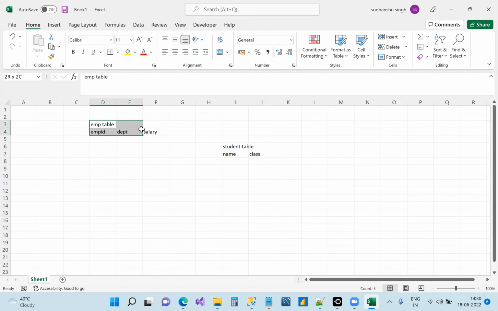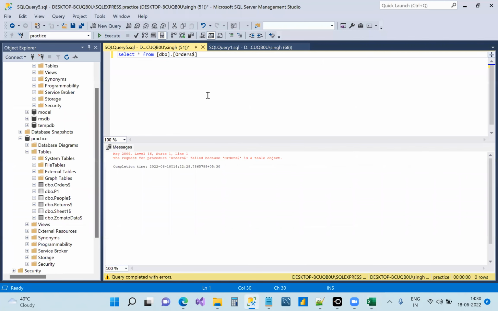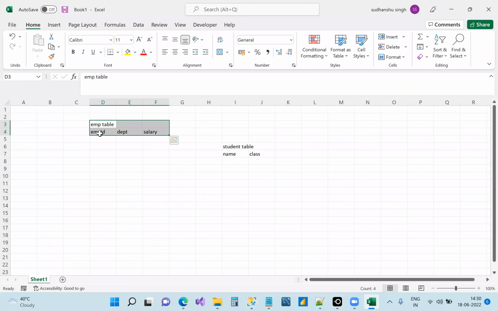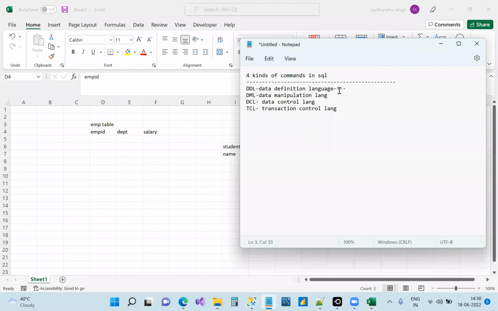So when you do all these things, we are right now writing in Excel, so it seems very easy, right? But when we'll be writing our query over here, we are not going to write in such a simple manner. We'll have to write some commands, give some commands over here. So whenever you will be working on something like this, where you'll need to create a table and you need to write their column names, this is data definition, isn't it? Defining the table. In layman language, you should understand this. So these things are related to what? DDL. Got it?